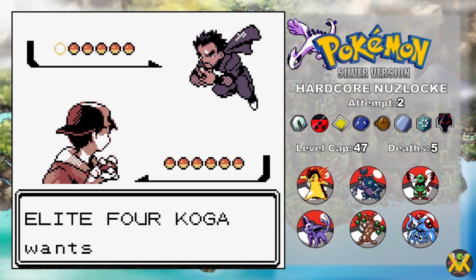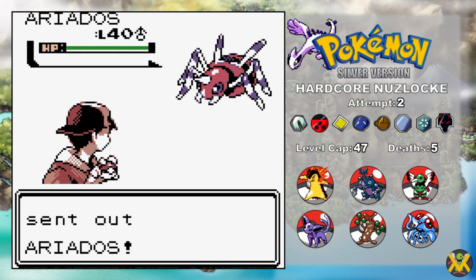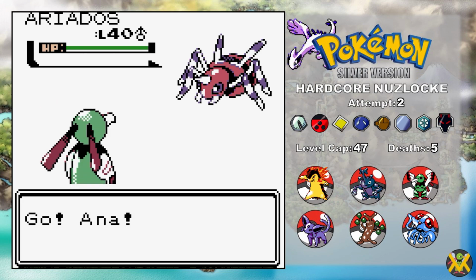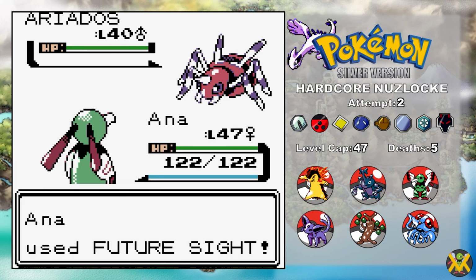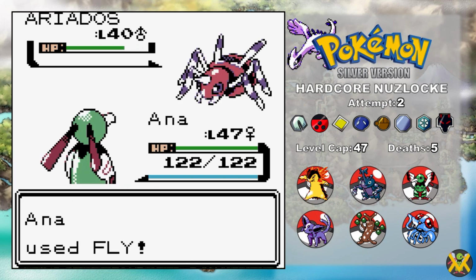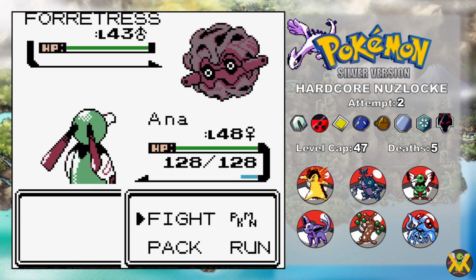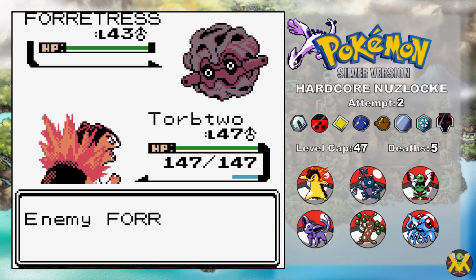Next up is Koga, who's been promoted since last game. Good for him. He leads with Ariados, and we send out Ana. We get off a Future Sight, as he just goes for Double Team. We then go for a Fly and just barely don't knock him out, before Future Sight kicks in to finish him off. He then sends out Fortress, so we switch to Torb 2, as he gets up a layer of